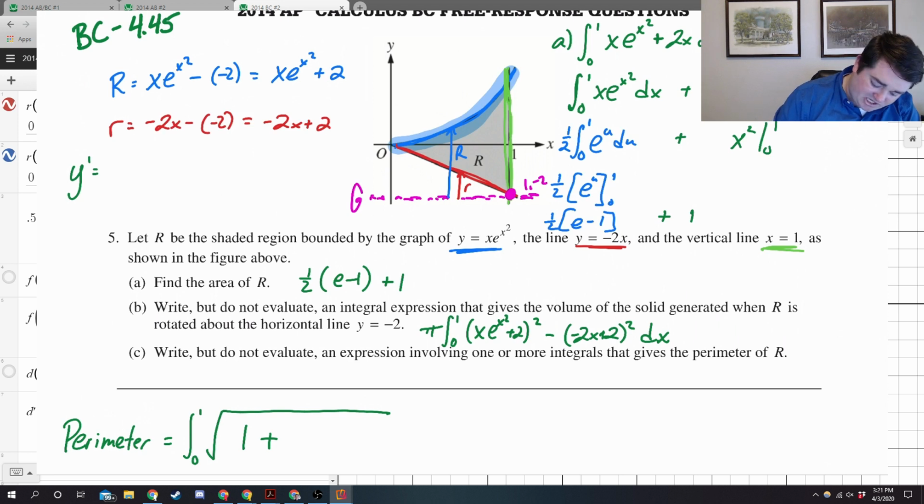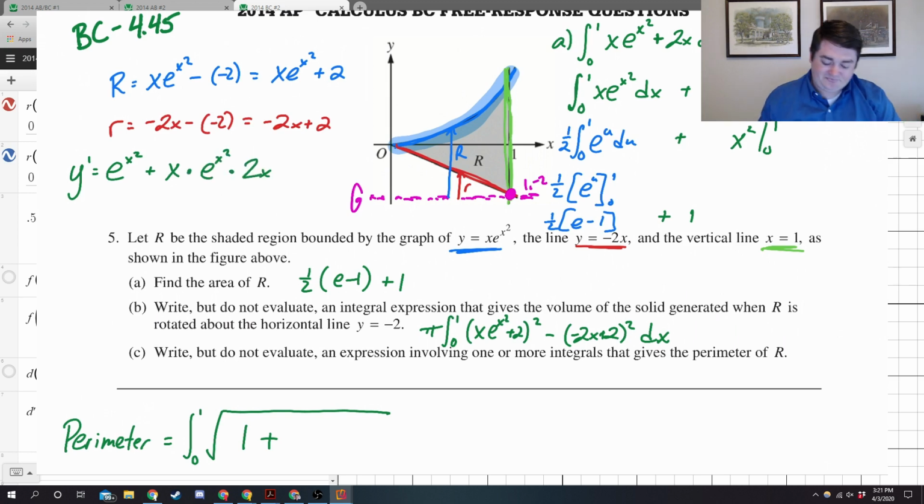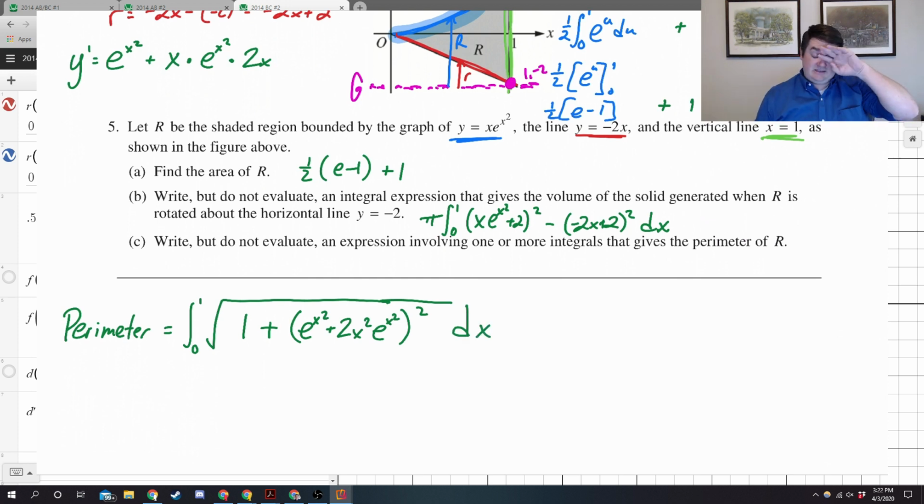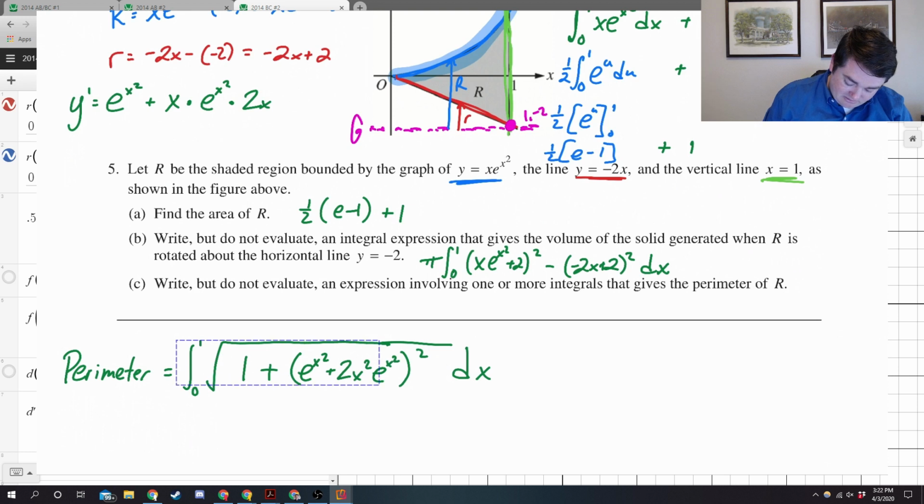I've got f prime g, e to the x squared, plus f g prime, x times e to the x squared times 2x. So that's e to the x squared plus 2x squared e to the x squared, squared, dx. That is the integral of the square root of 1 plus dy dx squared. That's the first part. So we'll make that blue. Plus